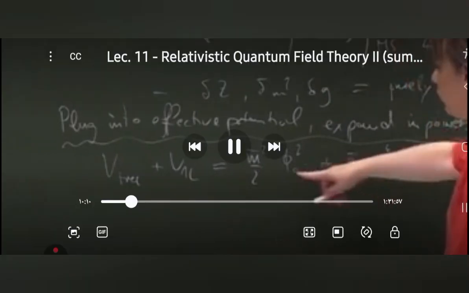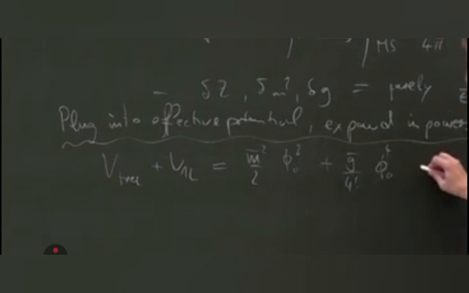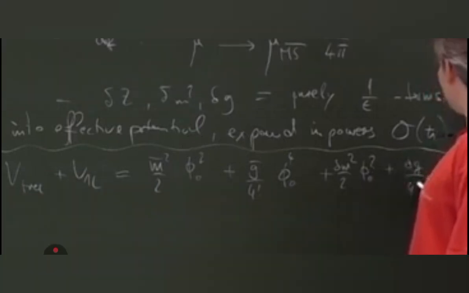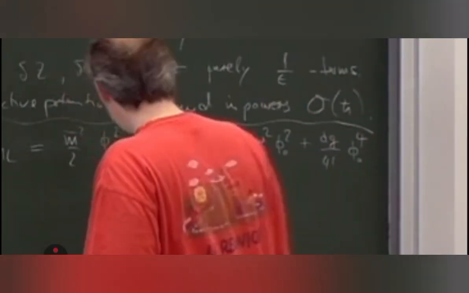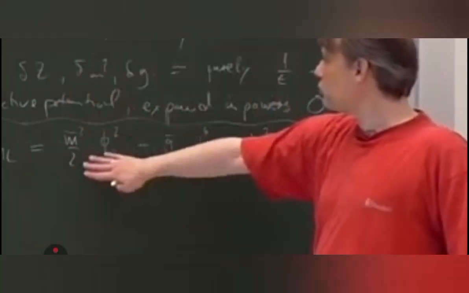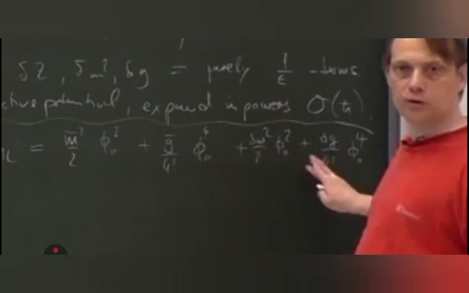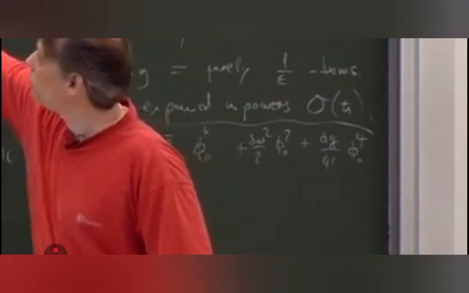Then we apply the renormalization transformation plus delta m square over 2 times phi 0 square plus delta g divided by 4 factorial times phi 0 to the 4th power. And then you see I separated it in such a way that here we have tree-level quantities and here we have one-loop quantities in terms of the renormalization constants. And then we add the one-loop potential,